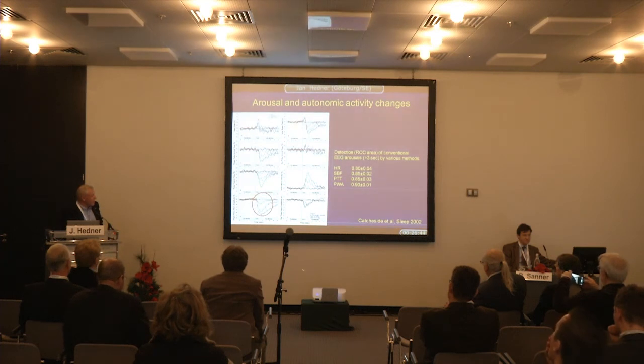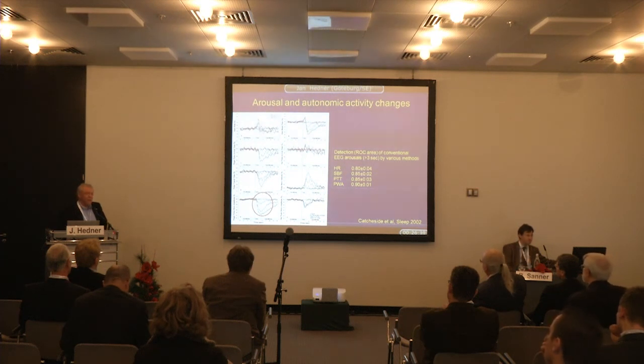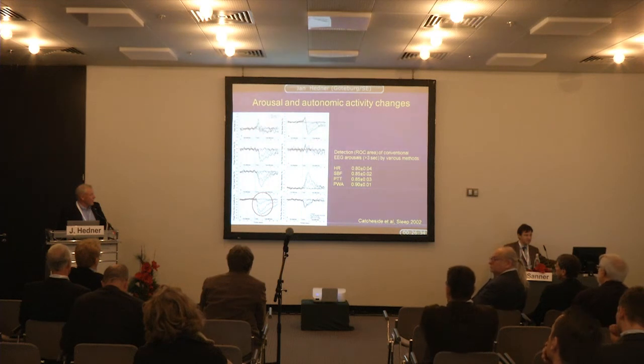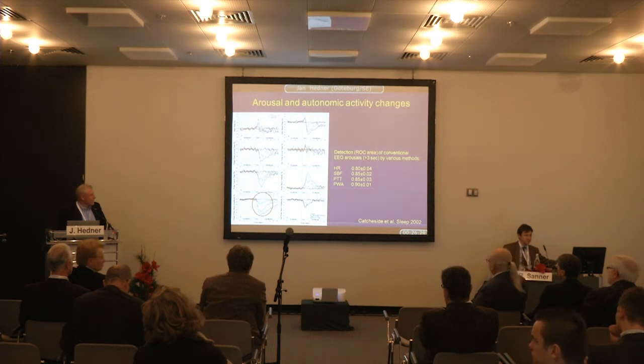What all these quite complex graphs really show is that if you want to measure an arousal or a change of state, and correlate that with conventional EEG arousals, you could measure, for instance, heart rate changes. You can measure skin blood flow changes, the pulse transit time or pulse wave amplitude changes, and you can see that